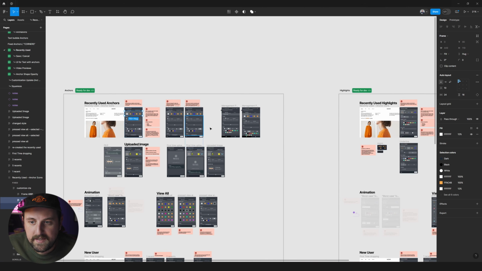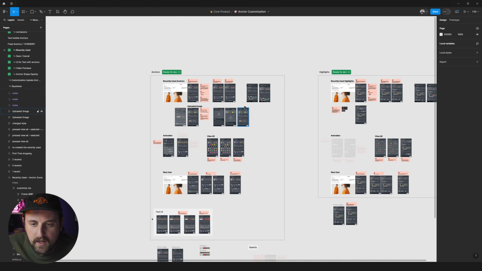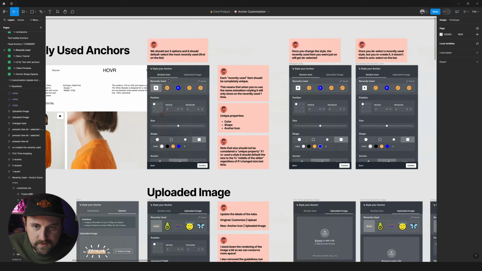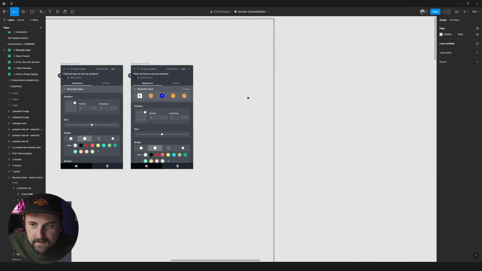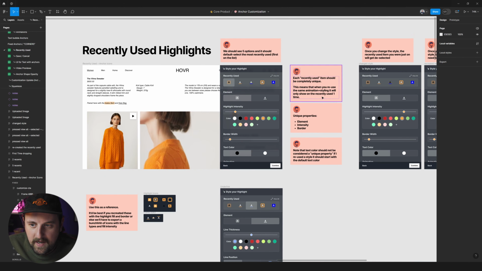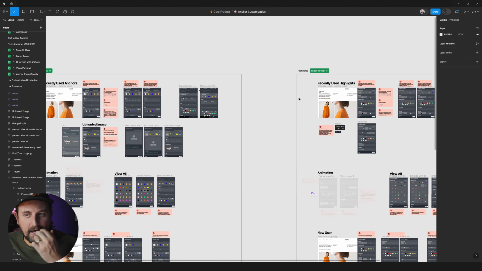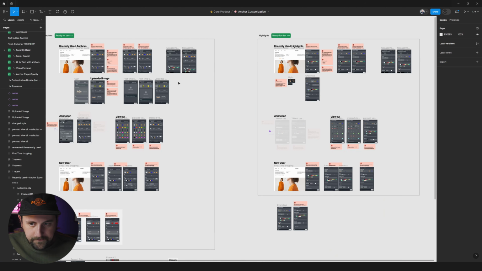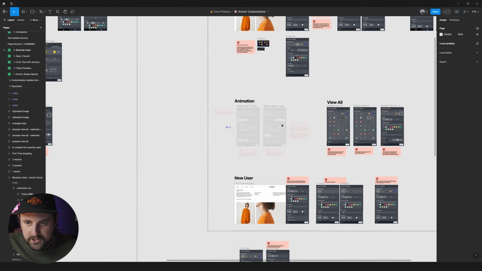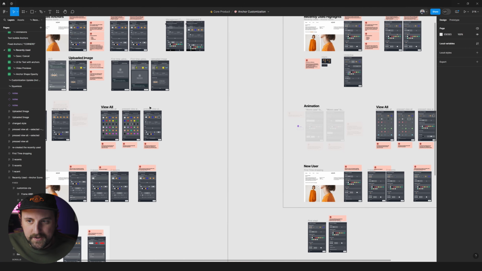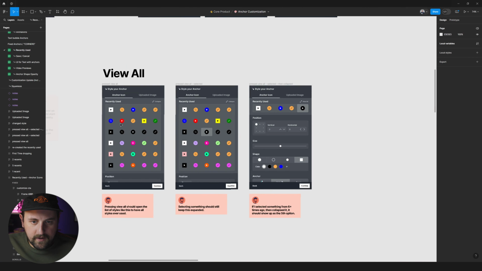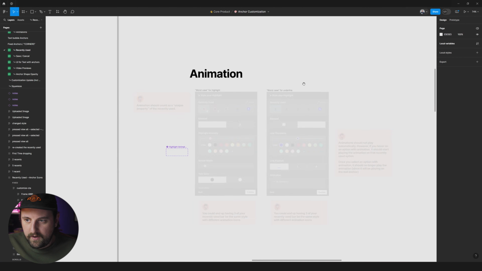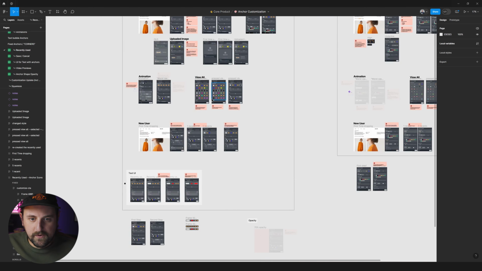And so on this handoff, I had to do a deep dive on anchors, which was the icon side. And then I had to do another deep dive into the highlights. And I had to basically just spell it out. You could see that the structure was basically the same, right? Recently used in general. What does the animation stuff look like? Well, over on highlights, there is no animation recently used. Don't worry about that. So just don't even cover it. View all. What does view all look like on anchors? What does view all look like over on the highlights, right? So you could just see that,